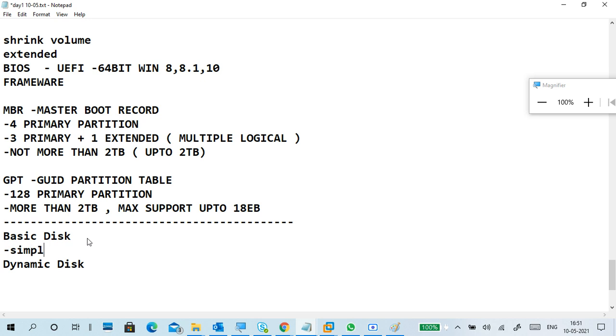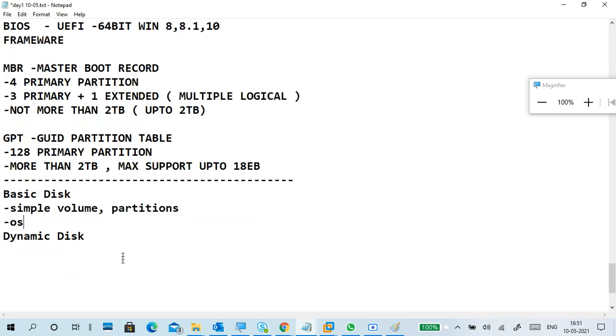Basic disk is used for simple volumes. Now currently we call it a simple volume. Normally we call these things partitions, simple partitions, and for OS.